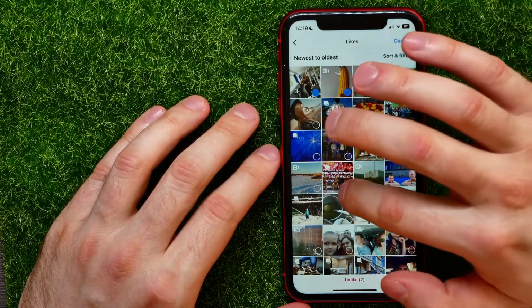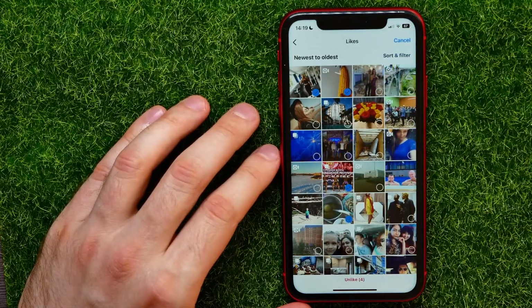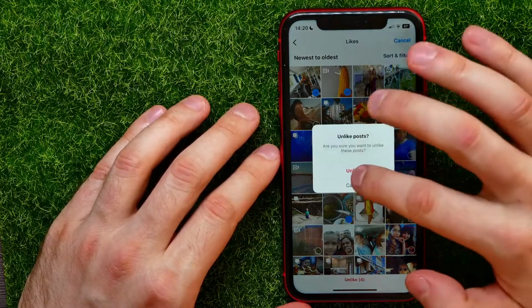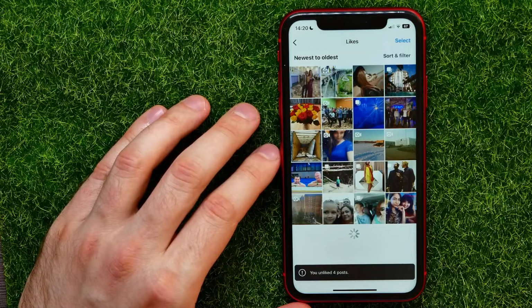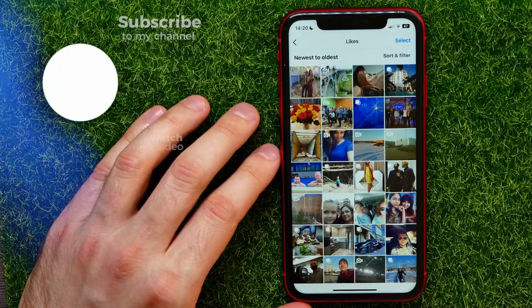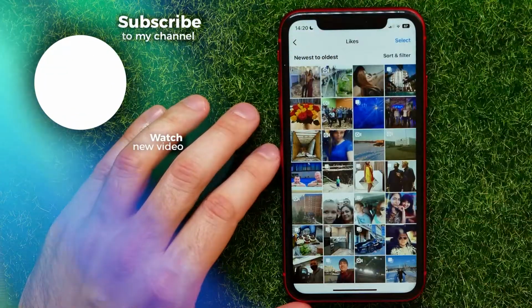select some posts. And then if you want to unlike them, just tap right here at the bottom where it says Unlike and then confirm that action. As you can see, I have just unliked 4 different posts, and in the same way you can unlike all